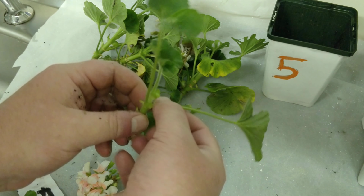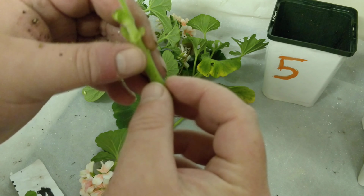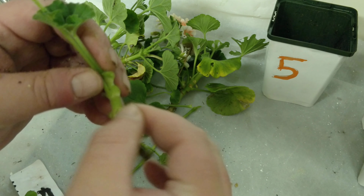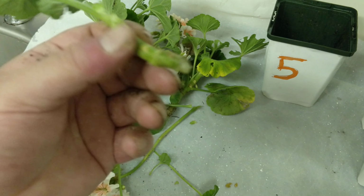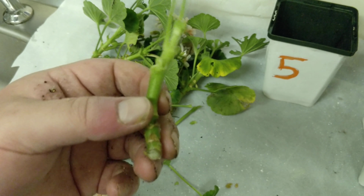And that one can be another one. And then all these little green furry things that just stick out, these can rot. So you need to pull them off like so. And I've left these, after you've taken them off your main plant, they want to be left for about an hour just to harden up, so callus over a little bit. Right, once that's done,